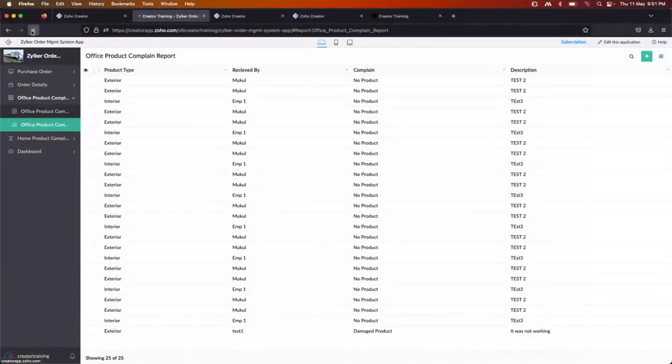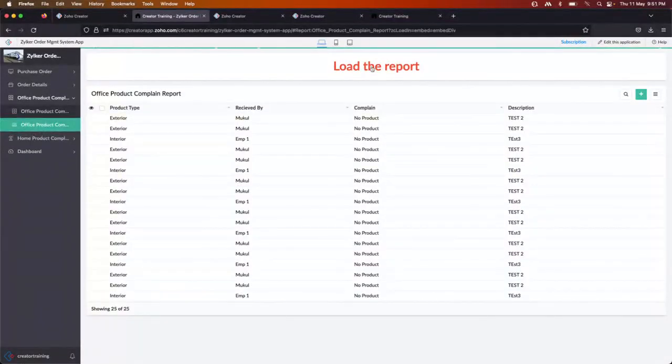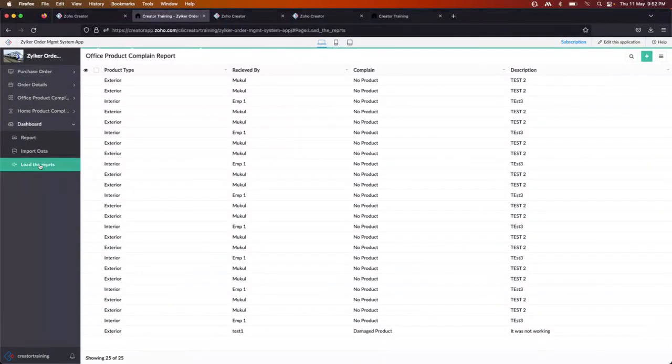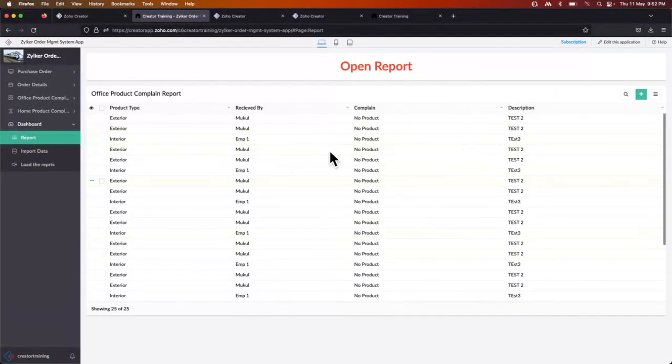So we'll try to refresh the page. When I refresh the page, I do have the option to load the report. So I'll load this report, right? So I can click on it every time. Now, every time this happens, you can see the report has been loaded automatically. I don't have to go back. So this is how I can make the changes, and it will be done automatically. I don't have to refresh the page every time to do it. All I have to do is simply click on load it. Similarly, I tried to do it in the same way before as well. I can simply click on open the report, and now you can see this is working fine without any error,